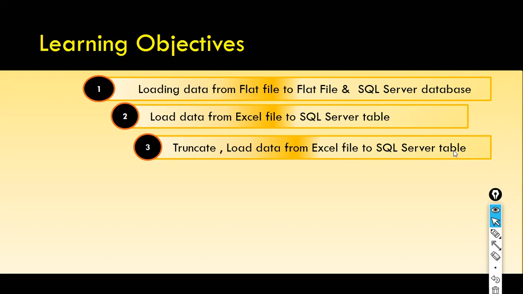You don't want to accumulate the data on a daily or weekly basis. In that kind of situation, first you need to truncate it. We will see how we can first truncate the data from a table,